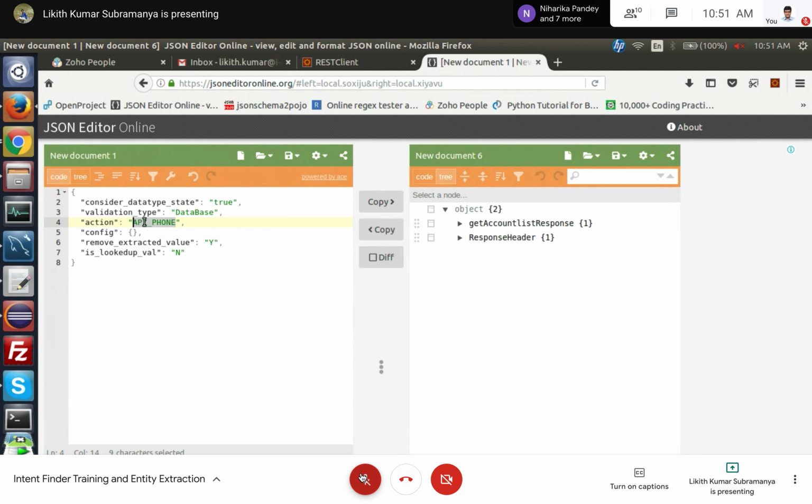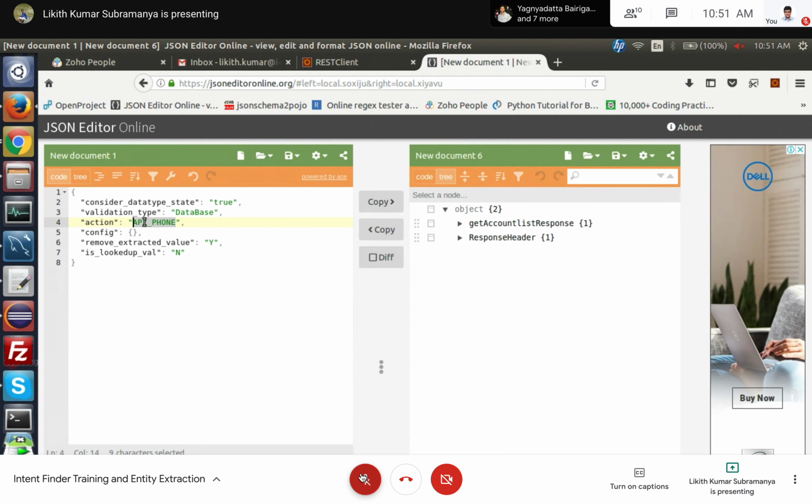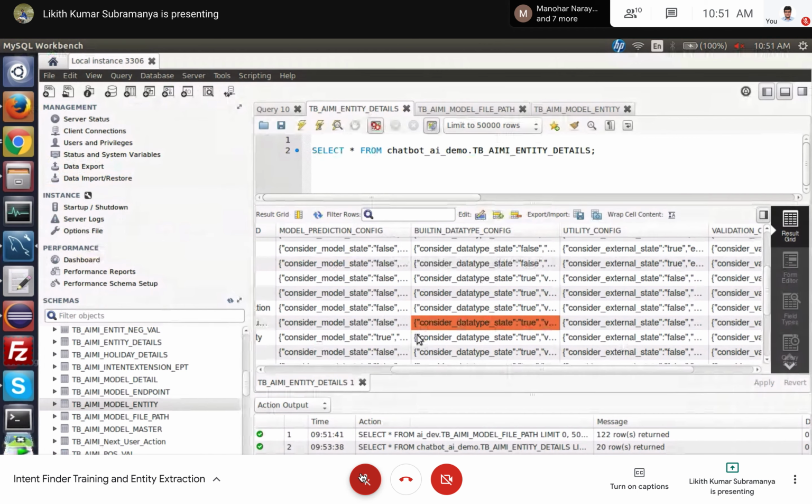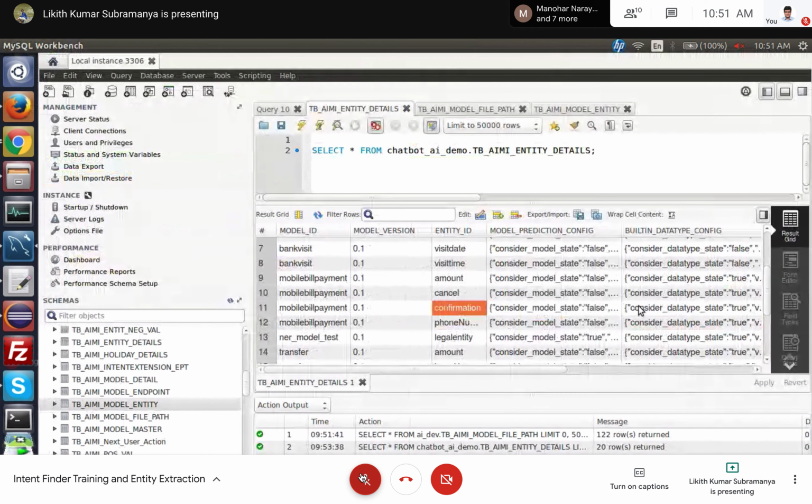As for OCR, you might know there are many built-in data types to extract values. Similarly, we have the same built-in data types here to extract values. And there is something like remove extracted value, and I'll tell you why we use it. And is looked up value is n. If you see another configuration, for confirmation, you might find some different flags.